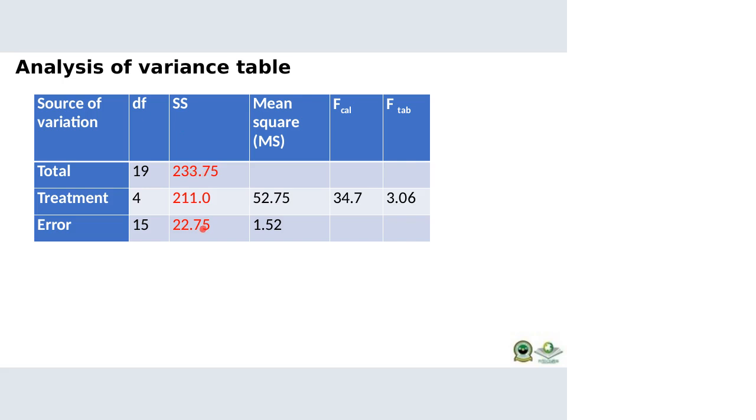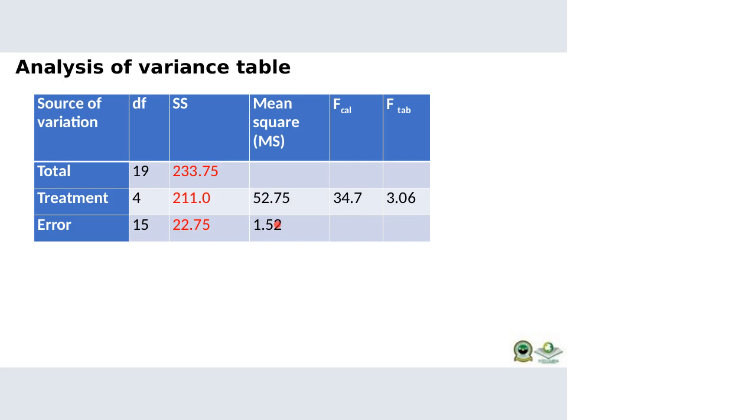Now, sum of square, I've already worked out this. We substitute to obtain this and complete the table. For the mean square, the total sum of square is no longer relevant to get us to the hypothesis. Now we have 4 divided into the sum of square. 211 over 4 will give us 52.75. Also, we divide 15 into the sum of square, 22.7, and we have